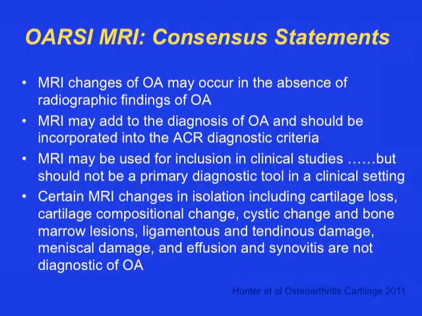So the consensus statement that came out of ORSI with regards to MRI is that MRI changes in osteoarthritis may occur in the absence of radiographic findings. So once more, we're seeing that there is a value to seeing an MRI in a patient who's complaining of pain in their joint when in fact the x-rays may not yet have changed. It may add to the diagnosis of an OA and should be incorporated into the ACR diagnostic criteria. MRI may be used for inclusion in clinical studies, but should not be a primary diagnostic tool, so we agree with that. And obviously, certain MRI changes in isolation, whatever they may be, are not necessarily diagnostic of OA,